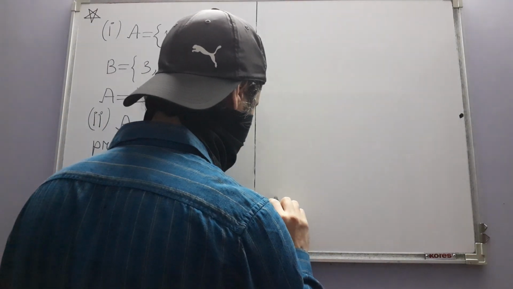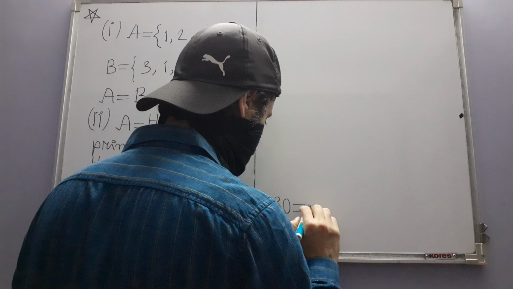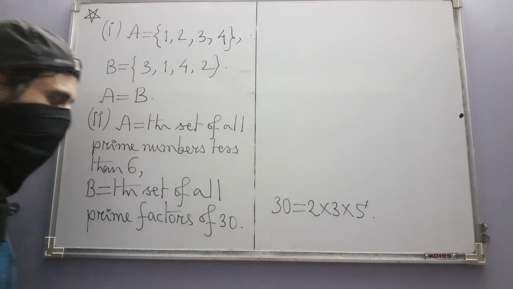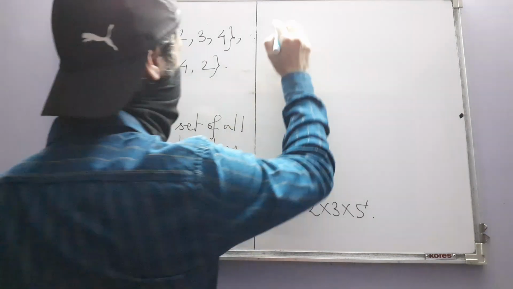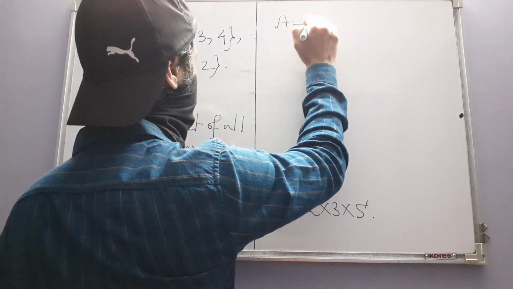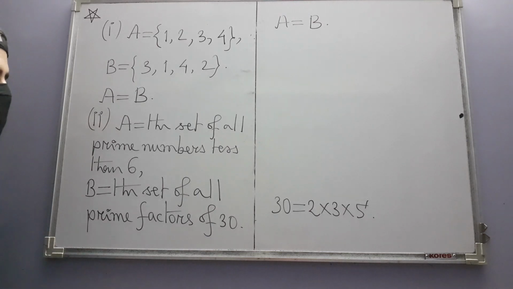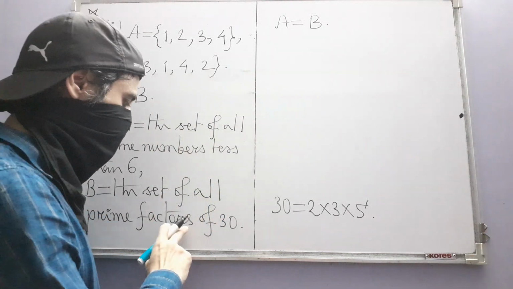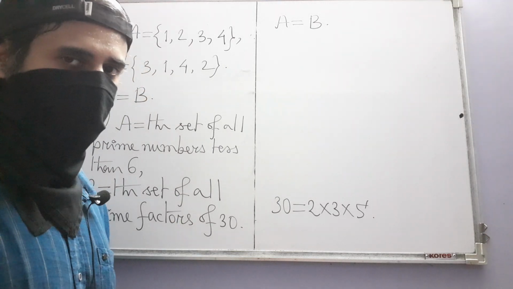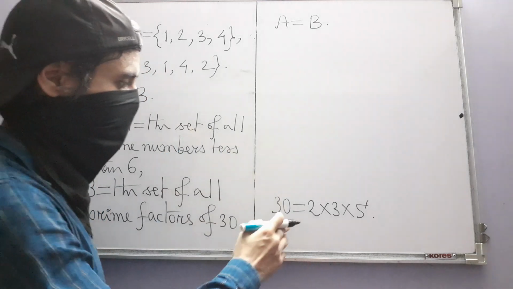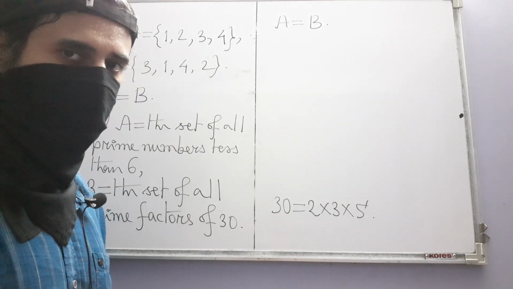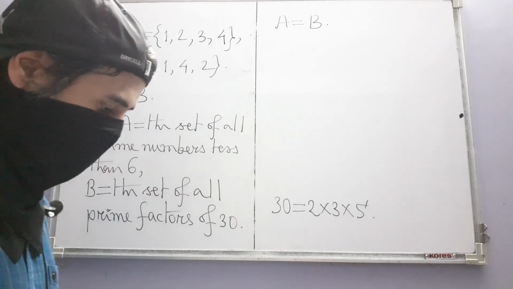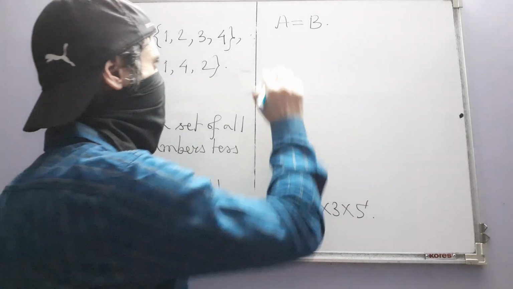That's because 30 is 2 times 3 times 5, and that is why A is equal to B. These two sets, although the way we have described or defined them, they look different, but ultimately they consist of precisely the same elements, and those elements are 2, 3 and 5. Okay, so let us next see